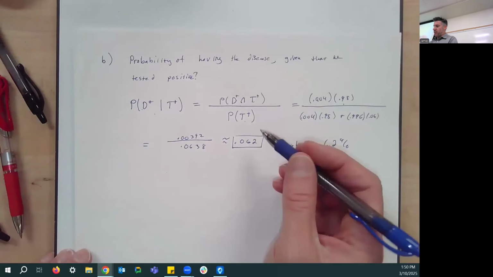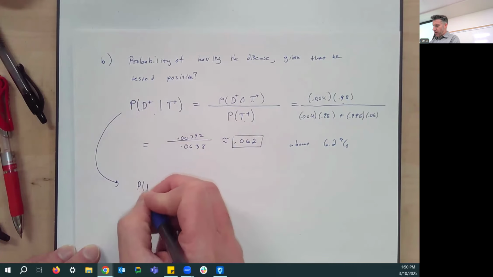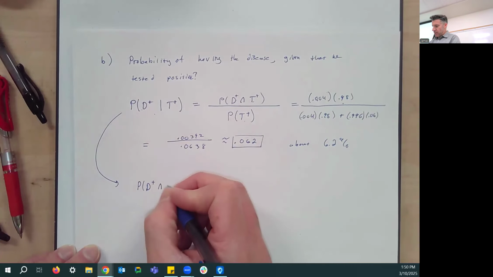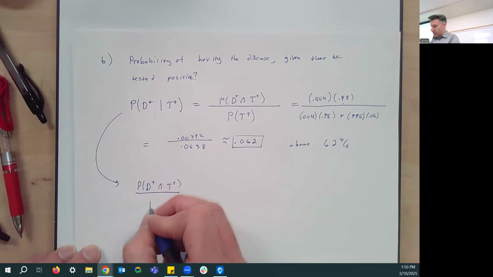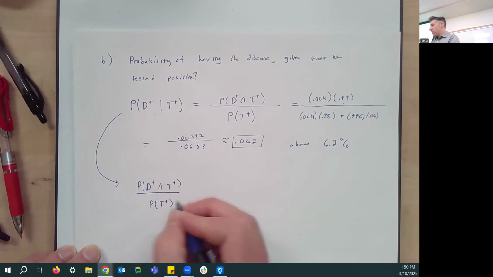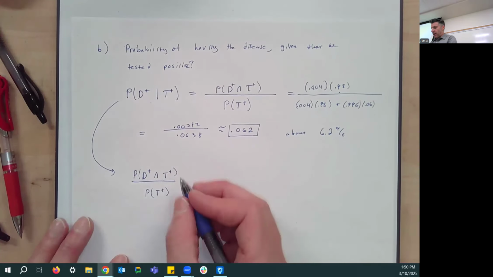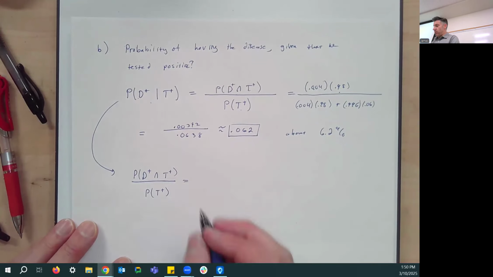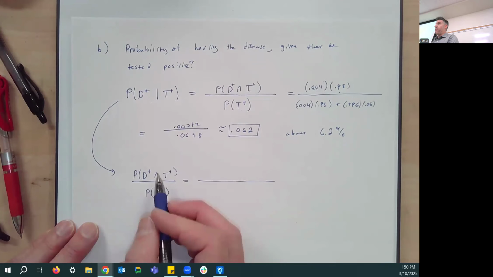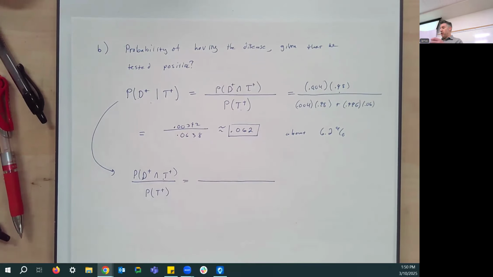So just to go a little bit more into this, when you talk about this formula here, the probability of having the disease and a positive test divided by the probability of having a positive test. You can get more formulaic with this if you want to. And I will point out, I'm still just basing this all on the tree. So here's what I'm really doing. I know that for having the disease and a positive test, looking back at my tree,